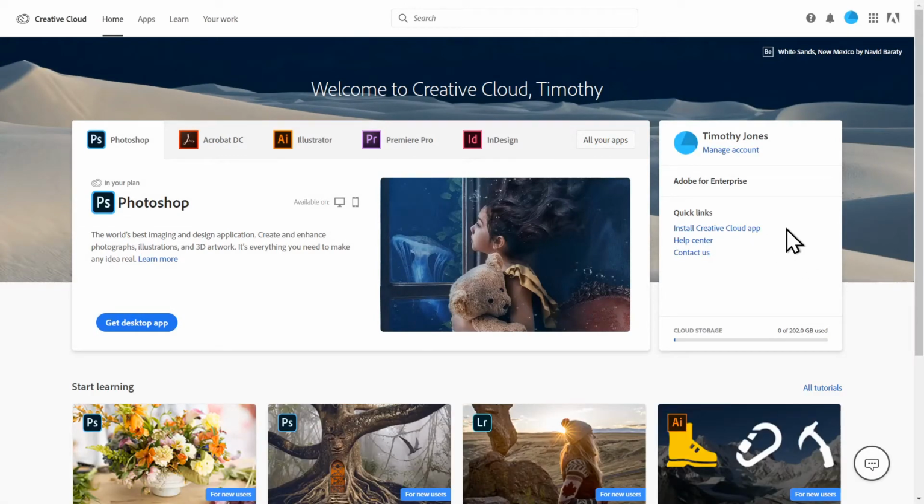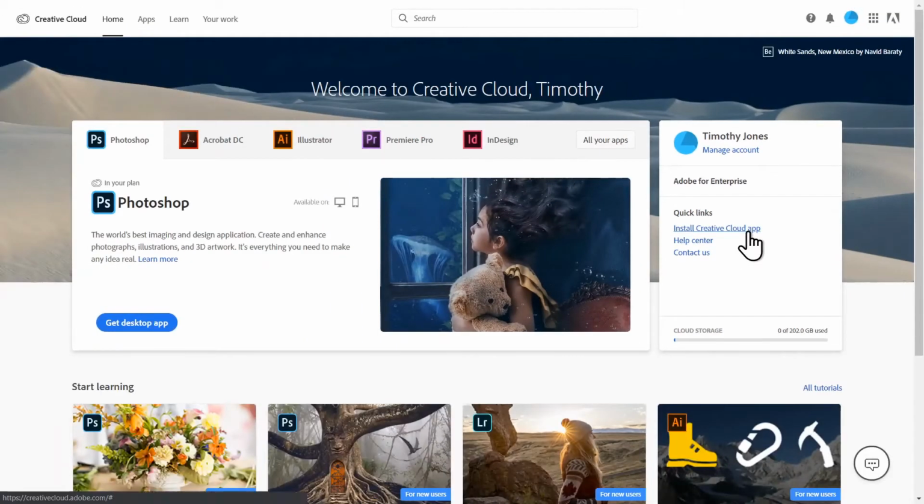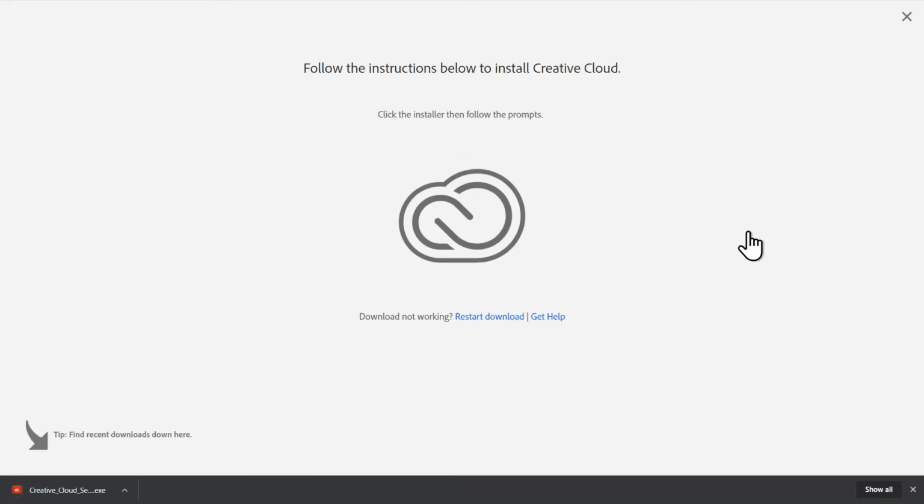And hopefully on the right-hand side over here, I'm going to zoom in, we should see this quick links section with install the Creative Cloud app. And we just want to click that, and as soon as we do, it will bring us to a page confirming that we've started the download, and it will have a little arrow in the bottom left directing us to the actual installation file. The steps for installing it will be the same as any other program would be, whether you're on a PC or Mac. So for example, you'll have the exe file on Windows,